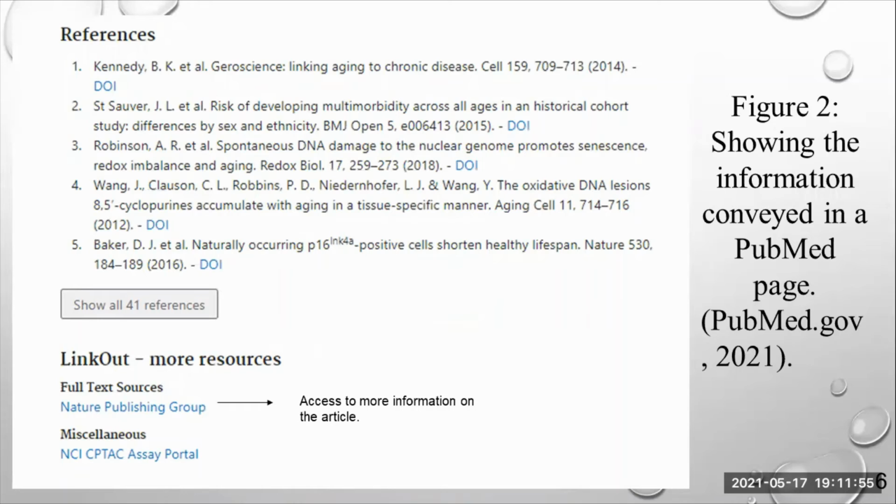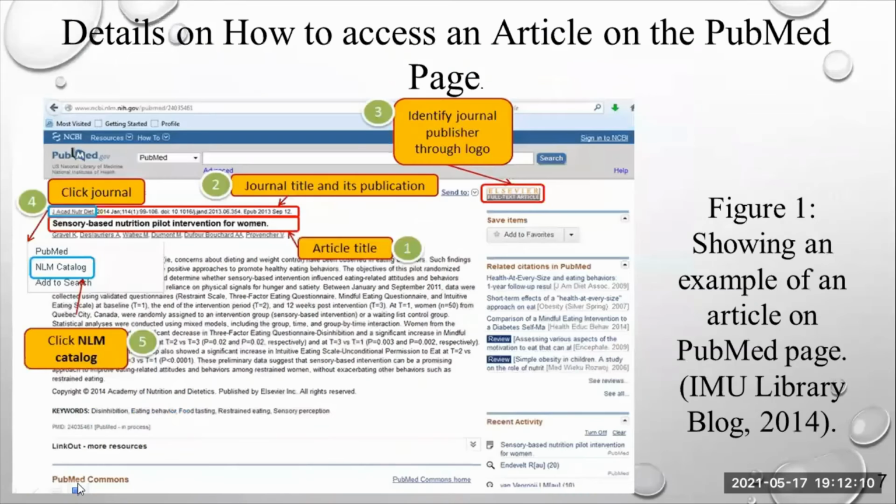here we have another picture where we can see other resources that will give the reader more information on the article, and that can be seen at the bottom of the picture. Now moving on to the other slide,